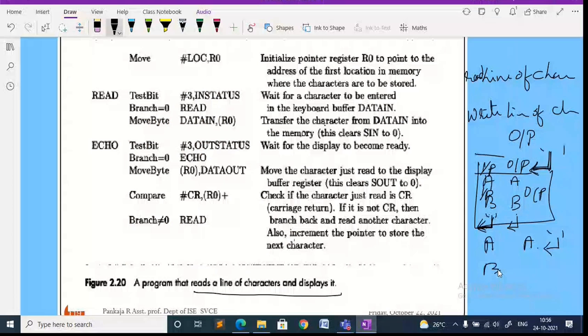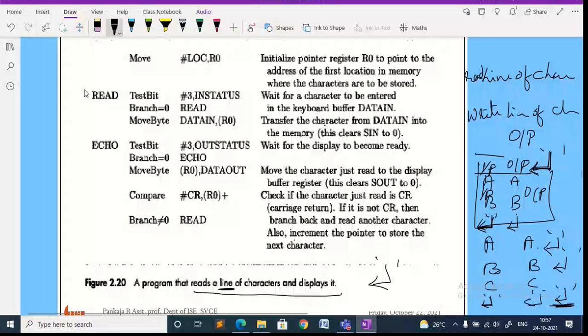As soon as I enter from the keyboard, it has to stop reading. Let's see, read and display. So I don't want to continue. I want to enter the carriage return. Okay, so that is displayed and it is going to match with this. If it is matching with this character, stop reading the character and the program is going to stop.